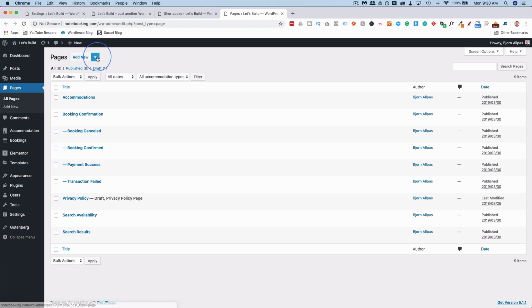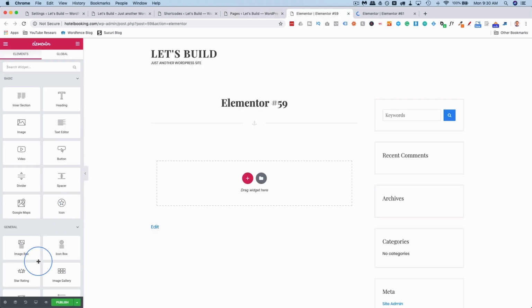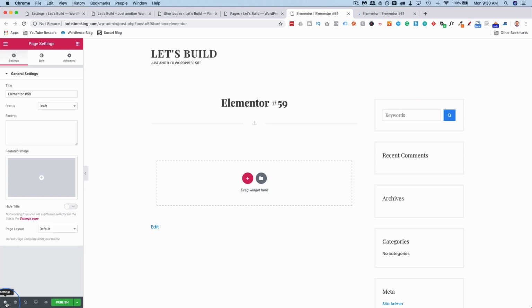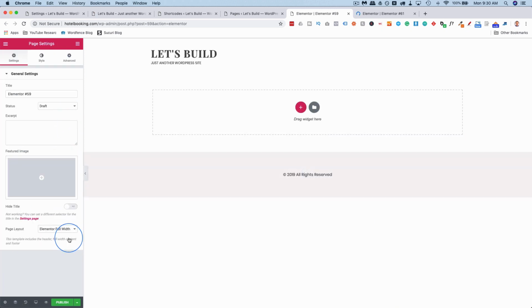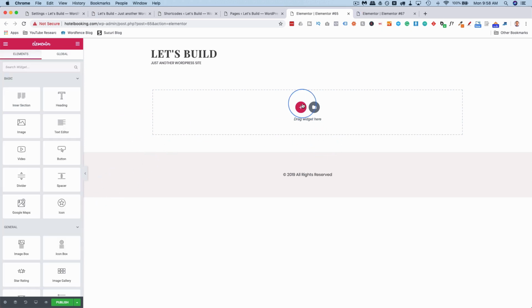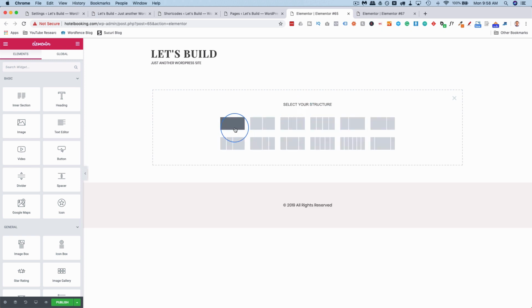So we're going to add 2 new ones using Elementor. It's going to be the home page and the services page. Let's change this to a full width template. And if you don't want to use Elementor, some of the paid themes that MotoPress has, they do awesome stuff for displaying content on these websites, and they do a great job at making the site look really pretty. But if you don't have a MotoPress theme to do that, things like Divi and Elementor will help you get that done. First thing I'm going to do is add a new section,